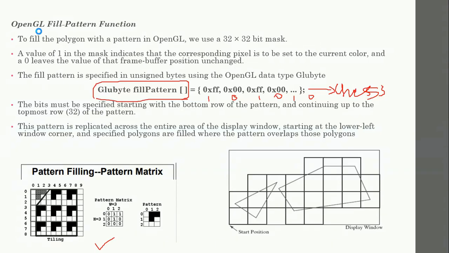That means if you have defined the pattern, whenever the particular OpenGL function sees the edge of the polygon, or a particular area of the polygon, it has to fill it with a certain pattern, maybe a chessboard pattern or anything. Pattern has to be filled only within the polygon, not outside the polygon.